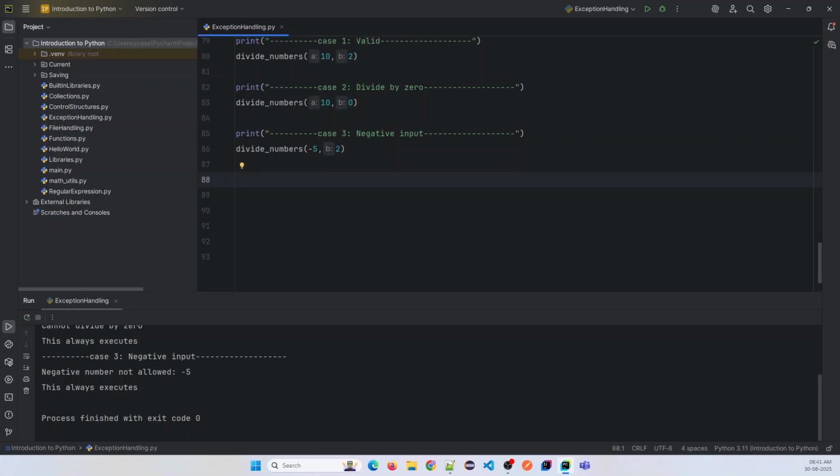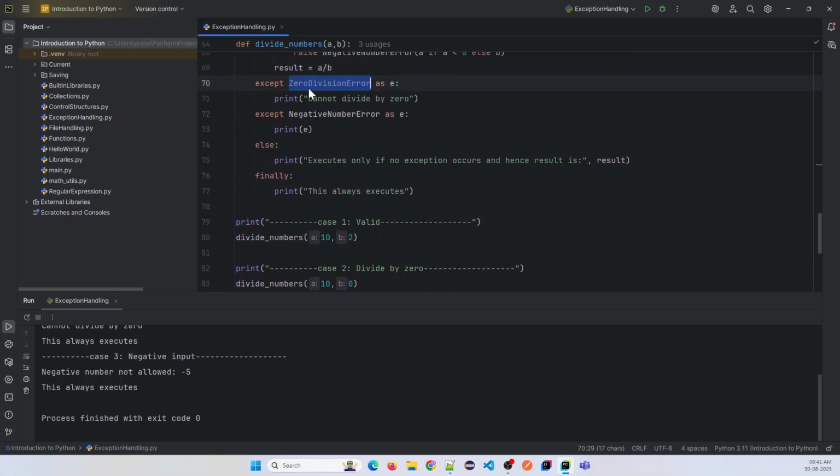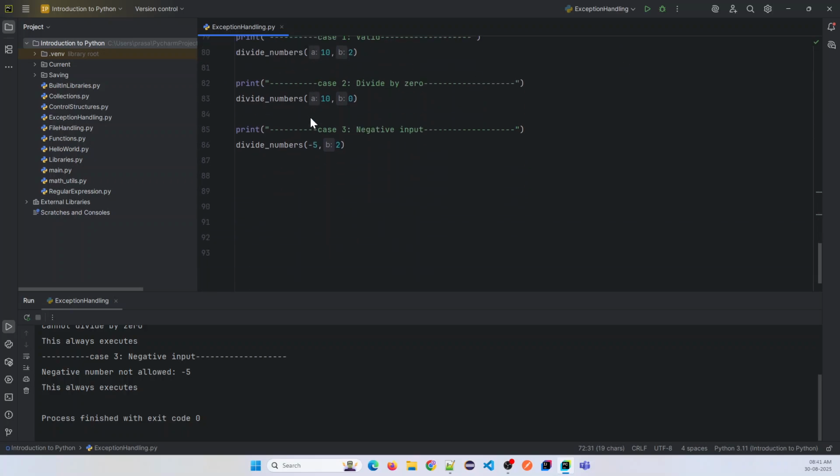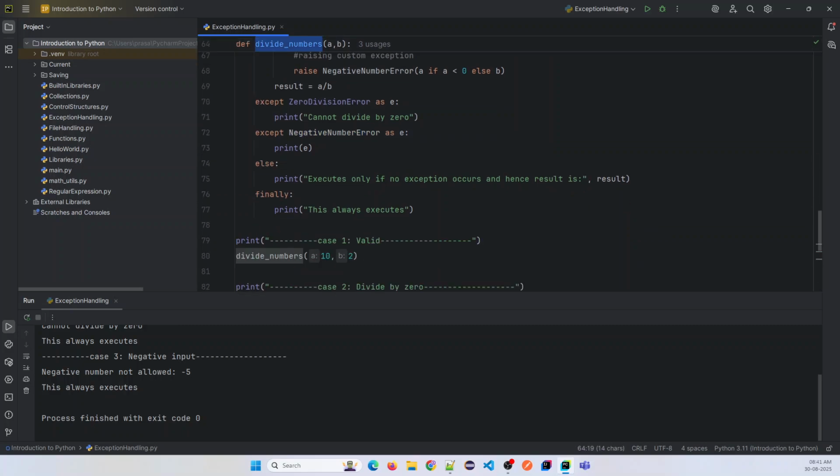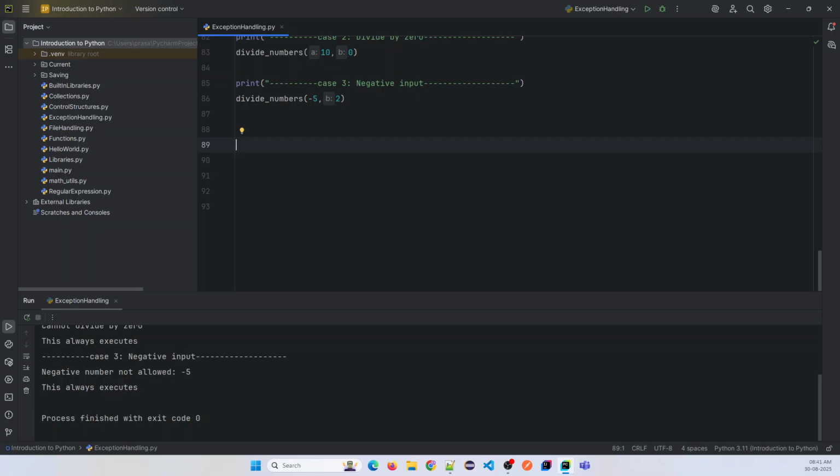So what happens, I have handled only the zero division error and the negative number error. So what if I have not handled something in the function itself, right? Then what will happen? It will throw that error to the function call. Okay, let's see that example as well. So case 4. Let's say exception has not handled